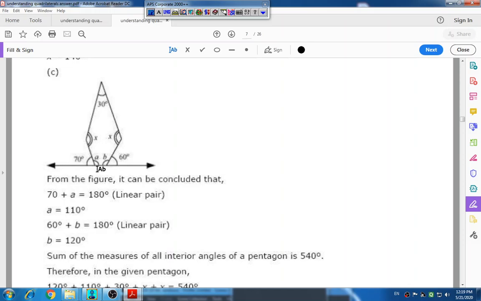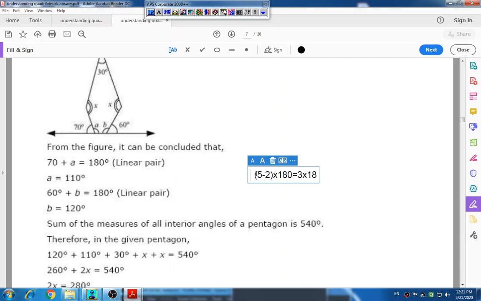Okay, look at here in this figure it is a pentagon. So how we can find out it is a 540? The pentagon, that means 5 minus 2, 3 into 180, as sum of all measures of